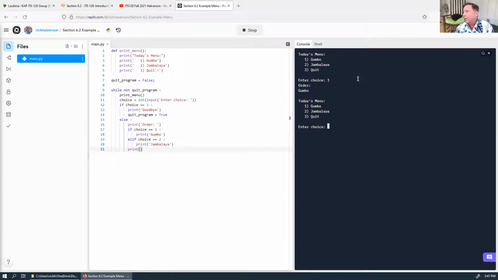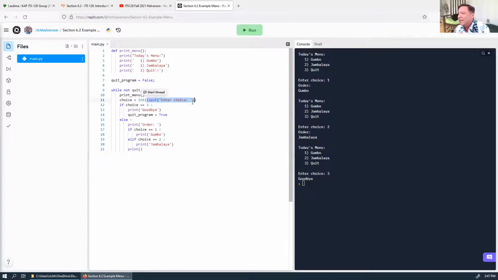And I can say 1. Oh, that's nice. I can say 2. Oh, that's nice. And I can say 3. Oh, now we're done. Okay, now let's say that we want to trace through this program. This is a good program to trace through. I figured out how to do the trace variables thing here. This is really good because we input this and then we convert it